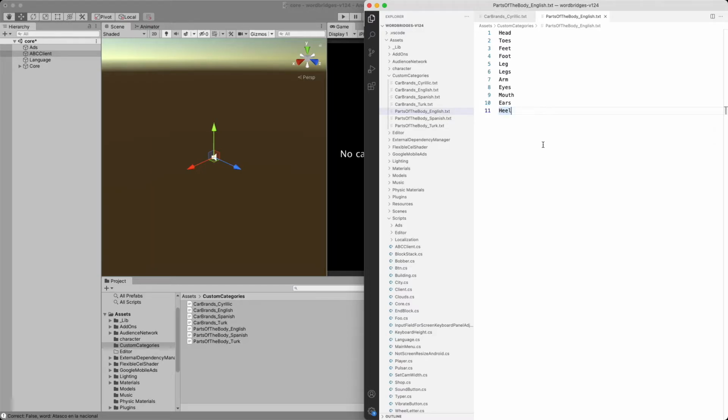The cool thing about the system is you can type them in any order you want. You could include duplicates too, it's not going to care. And what it will do is automatically sort out which words start with which letter and give you categories based on that. So if you want, you can categorize these by the letter just to keep it clear. Put your H's here, sort it out however you want. You can have new lines in here as well. Those will get cleaned out of the file. So we can do something like this